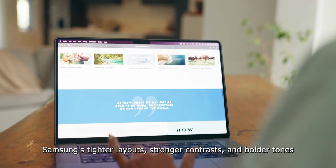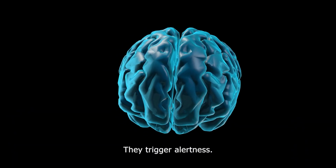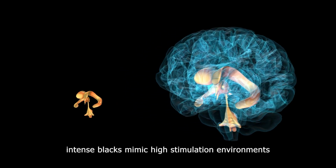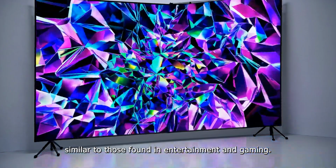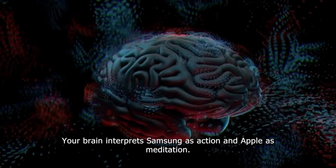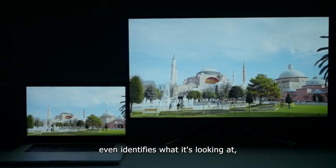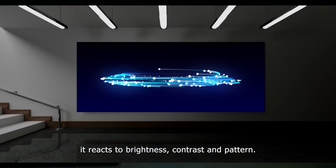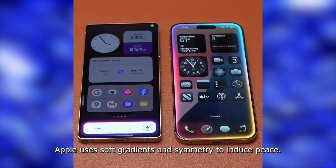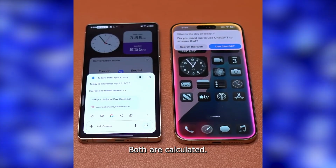Samsung's tighter layouts, stronger contrasts, and bolder tones create energy. They trigger alertness. The colors themselves, deep blues, vivid reds, intense blacks, mimic high-stimulation environments, similar to those found in entertainment and gaming. The result? Your brain interprets Samsung as action and Apple as meditation. Neurodesign studies show that before your brain even identifies what it's looking at, it reacts to brightness, contrast, and pattern. Apple uses soft gradients and symmetry to induce peace. Samsung uses asymmetry and motion to create thrill. Both are calculated. Both are